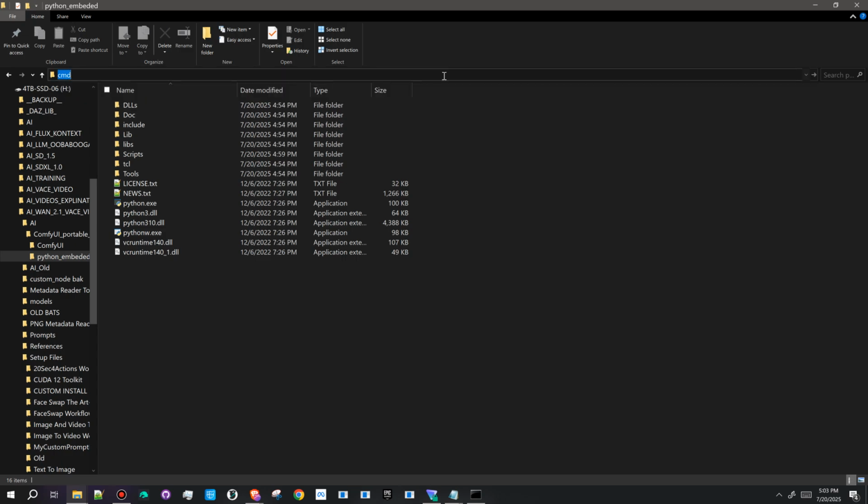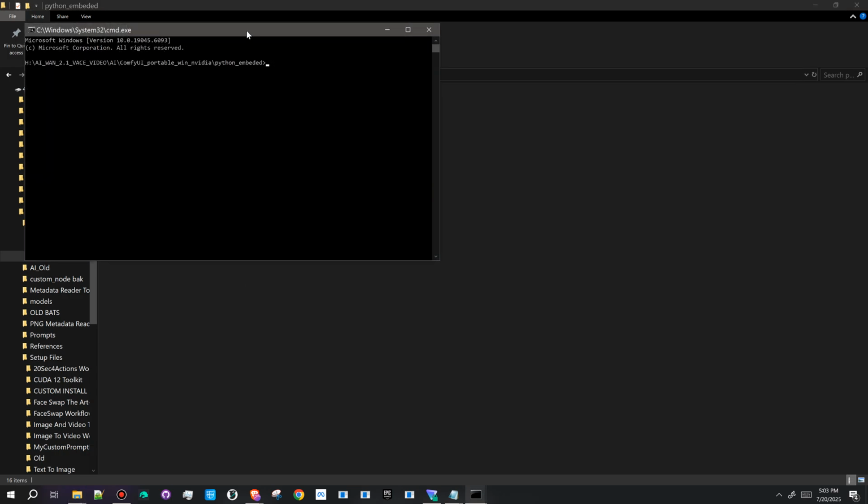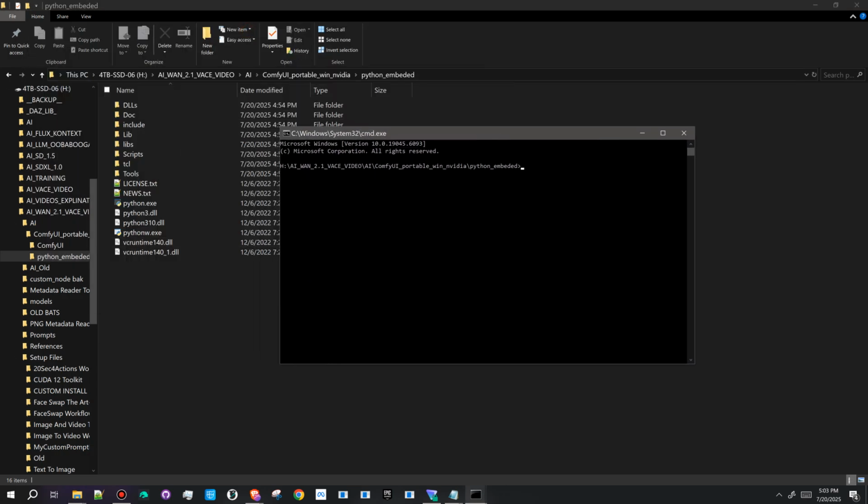We're going to run cmd to open up command prompt right here. And what we are going to type is python.exe -m, and then we're going to install, pip install. So now we're installing something with pip using the Python executable. You're going to type in --pre, then space torch equals